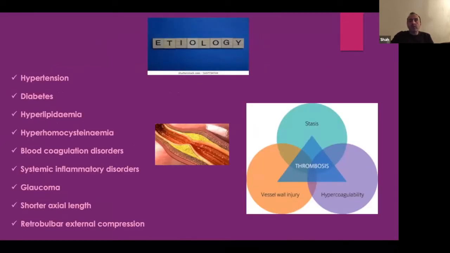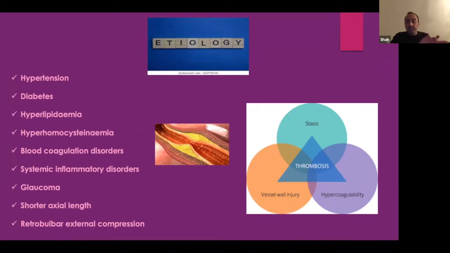What I'd want to know in the history when I see these patients in clinic is risk factors. So if you recall that video, the artery and the vein in the back of the eye are very intimately close to each other. With retinal vein occlusion, it's kind of anything that affects the artery can compress the vein. And that's why we ask about hypertension, diabetes, raised lipids. Those three things tend to cause atherosclerosis and affect the arterial side, which can then affect the venous side by compressing the vein.